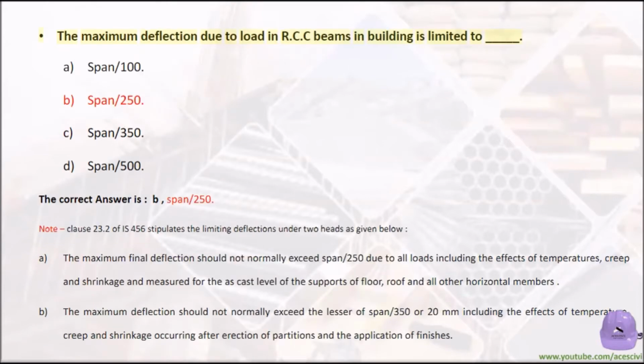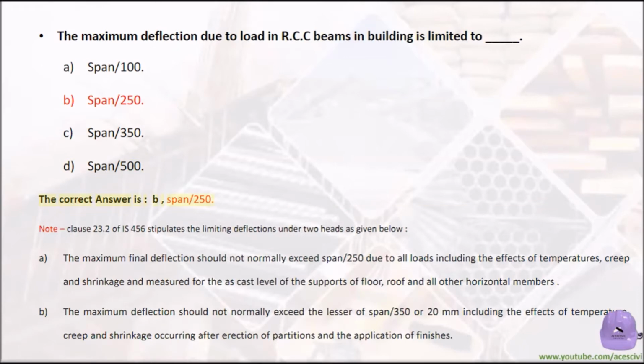The maximum deflection due to load in R.C.C. beams in building is limited to A. span/100. B. span/250. C. span/350. D. span/500. The correct answer is B. span/250. Note: clause 23.2 of IS